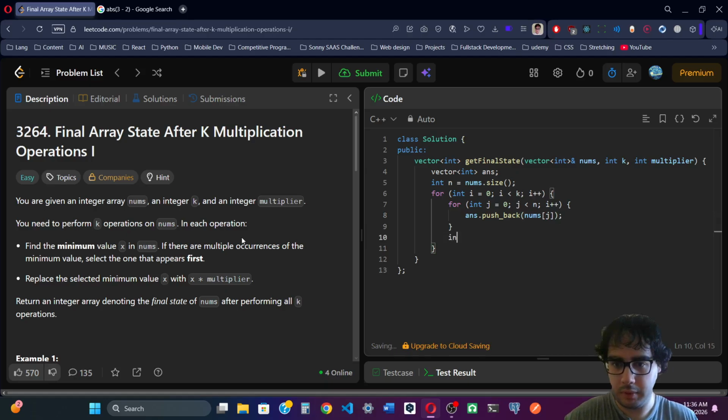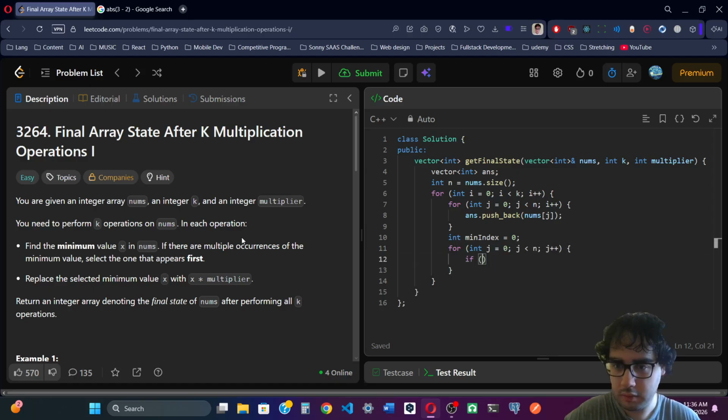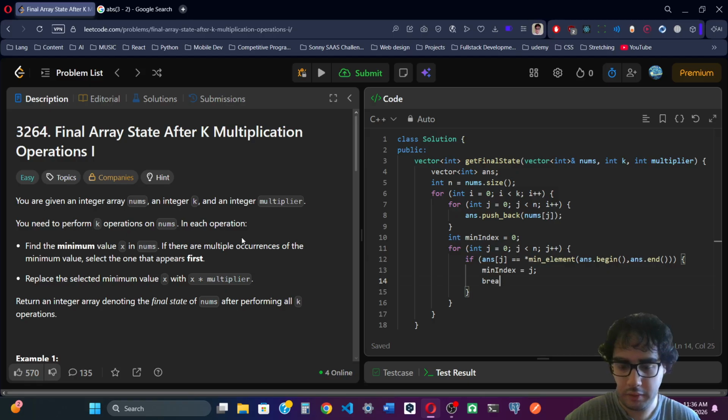All right, so we're gonna say something like min index or something, and we're gonna have another j less than n. So if ans of j is equal to the minimum, right? So then we're gonna say min index is j. I'm gonna break out of this, and now we're gonna say